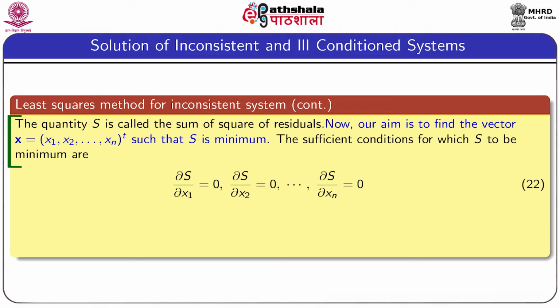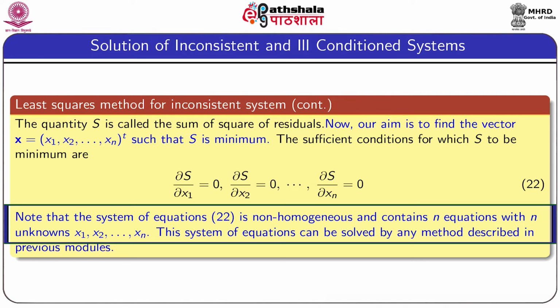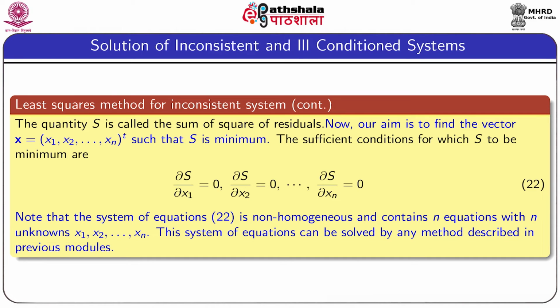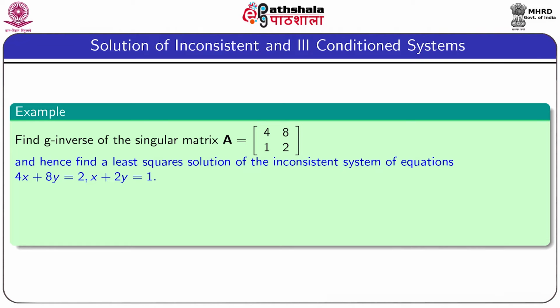The sufficient conditions for s to be minimum are del s by del x1 equal to 0, del s by del x2 equal to 0, ..., del s by del xn equal to 0. Note that the system of equations 22 is non-homogeneous and contains n equations with n unknowns x1 to xn. This system of equations can be solved by any method described in previous modules. Now we consider an example to illustrate the